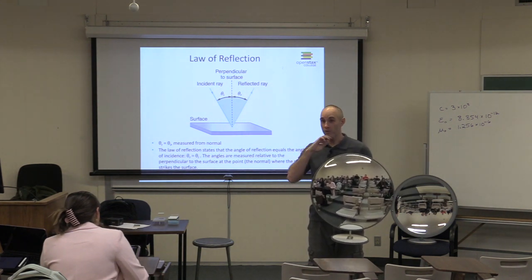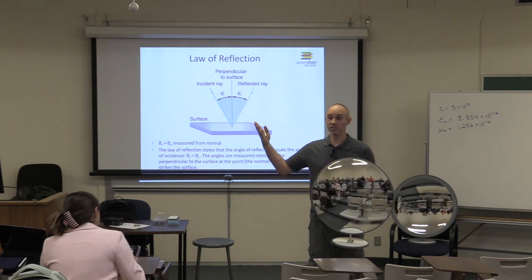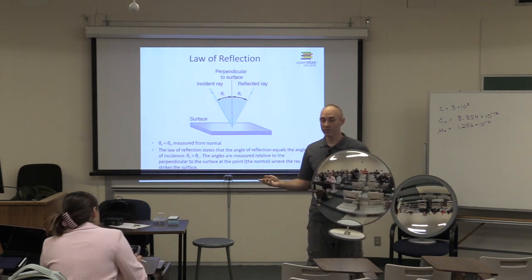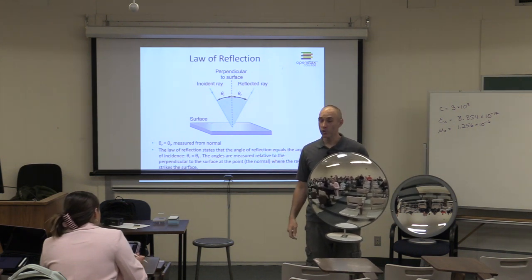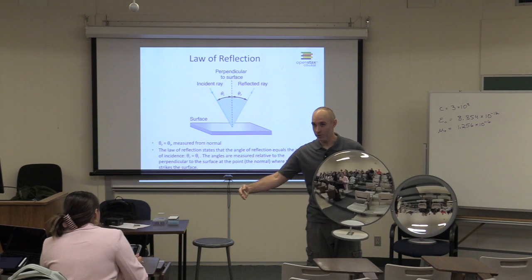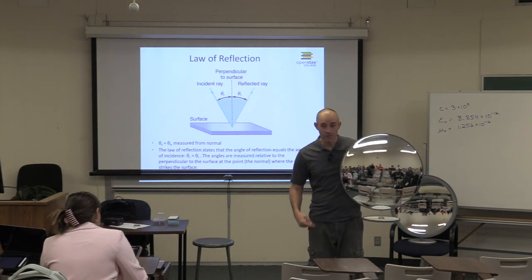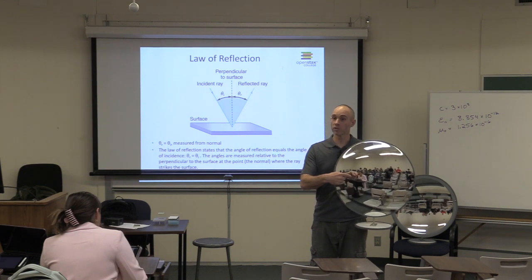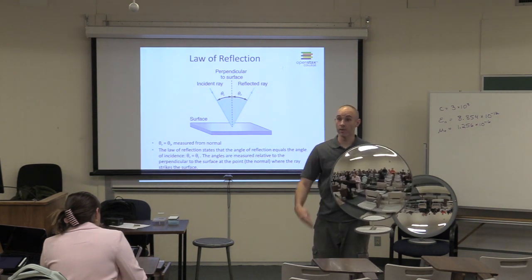We use this in movies all the time. It's called forced perspective. You put a little model really close to the camera and it looks like a giant. So that way you don't have to pay for a giant model. You can make a little model and just put it closer to the camera than everybody else. Or you can make somebody look big if they're standing closer to the camera than the person they're standing next to. So because the image of you in this mirror looks small, you look farther away in the mirror than you actually are from the mirror.